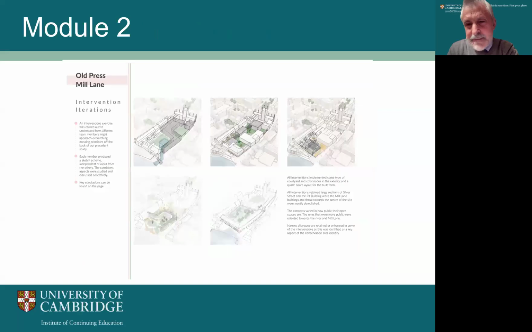We'll see a series of pages from different projects. So this one comes from module 2. Module 2 is the precedent and brief preparation study. This is led by Eric Martin of Allies and Morrison, who's based himself on this site, actually, in central Cambridge, with Tim Foreman as the teamwork specialist, in groups of 5, usually, who can produce a very large amount of